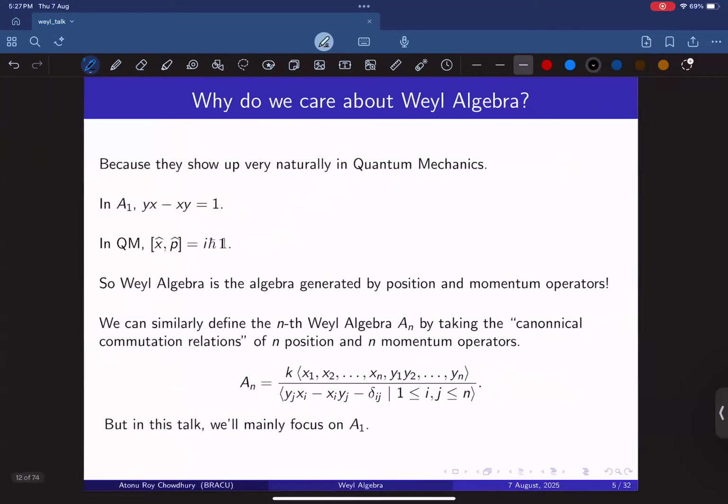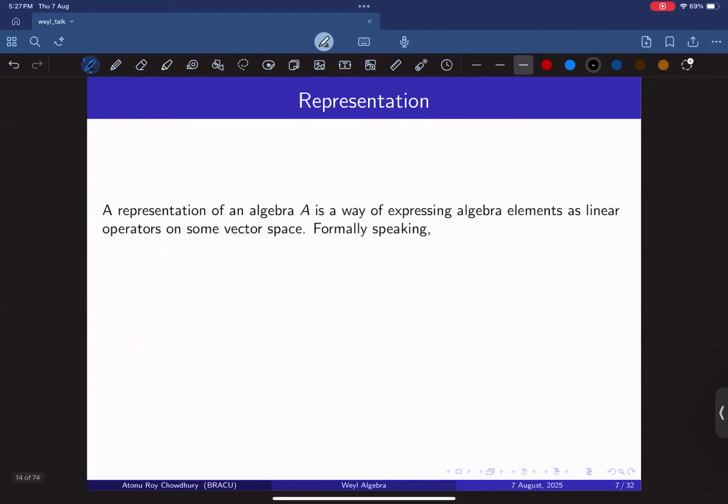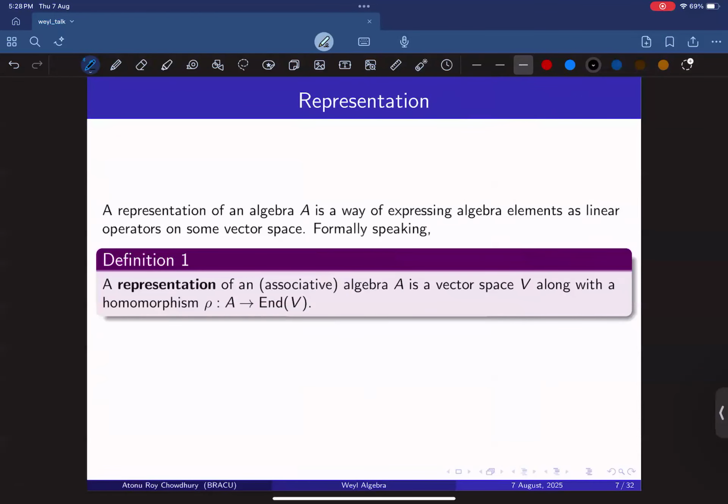Now we are going to talk about what is a representation of an algebra. A representation of an algebra is basically a way of expressing the algebra elements as linear operators. Formally speaking, a representation of an algebra A is a vector space V along with a homomorphism rho from A to the endomorphism space of V. So in other words, given a is an element of the algebra,